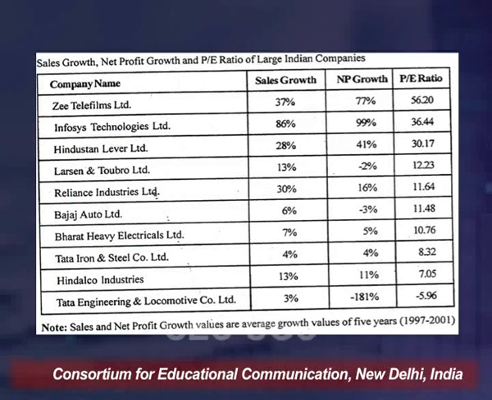So here there are a lot of Indian companies, as you can see, wherein the future growth rate, the sales and the profit growth rates are given, as well as the PE ratios. So these are the leaders. This data is from the year till 2001. If you look at all these companies and try to relate the growth rate in sales, the growth rate in profits, and their PE ratio, you can easily identify that the PE ratio is highest in case 1 for Z Technologies, and it is the lowest in the last company. In fact, the PE ratio is coming out to be negative.